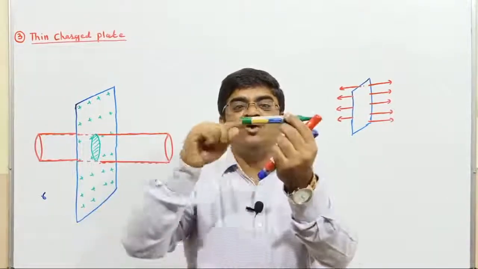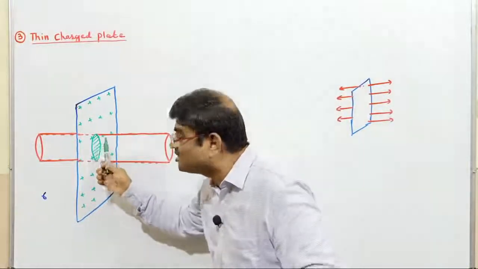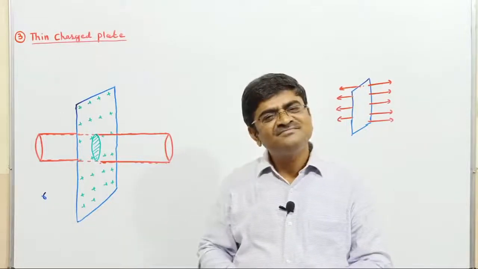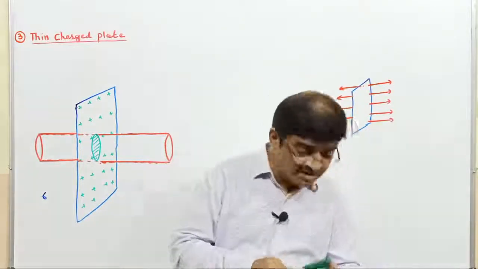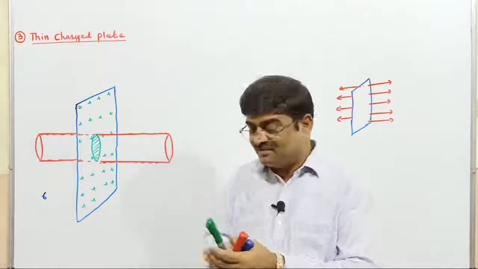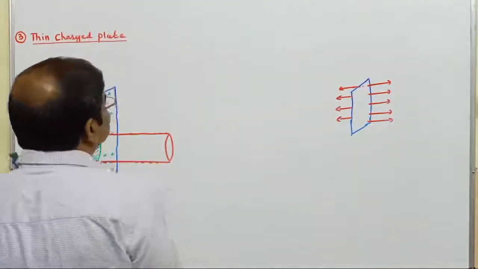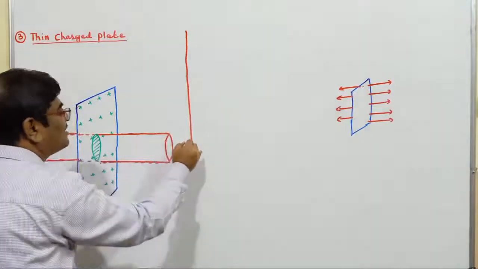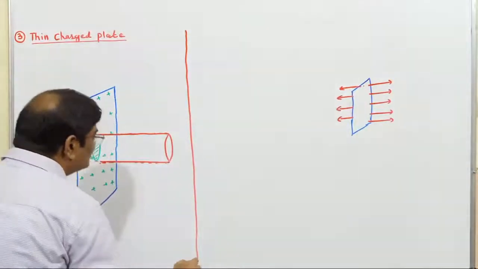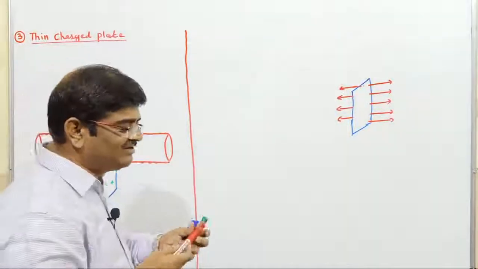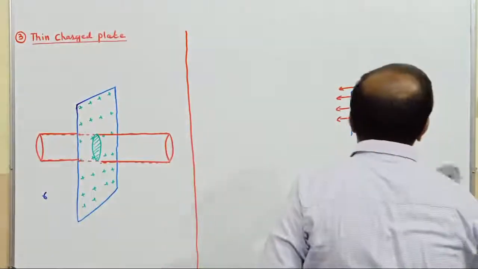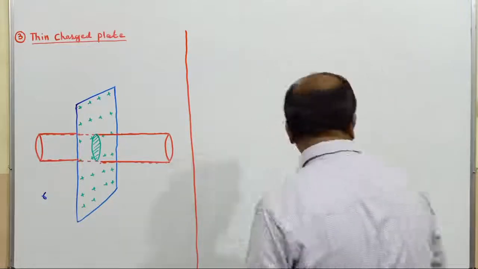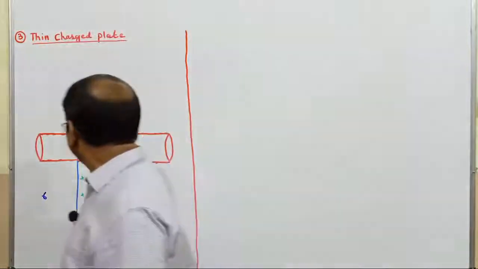So what will happen now? Charge over this portion will get enclosed in the Gaussian. That's what I have done. So the Gaussian I have drawn, children. Now what is my next step? Calculating flux through the Gaussian. To do that, I am going to divide the Gaussian surface into three parts. Which are those three parts?